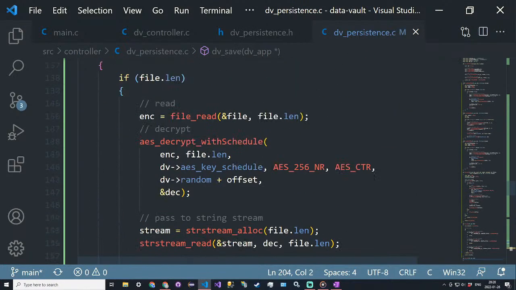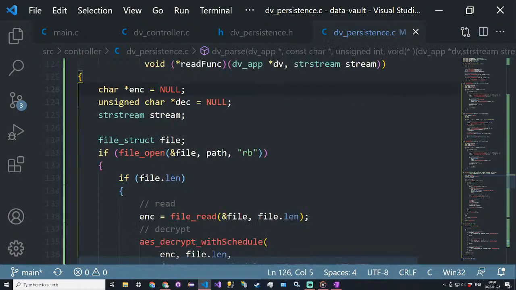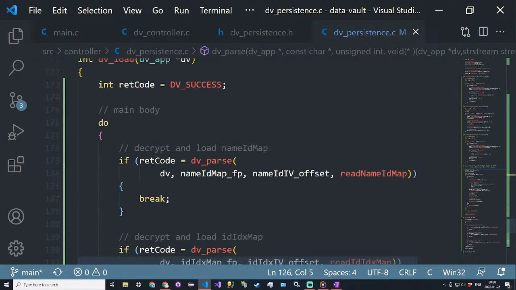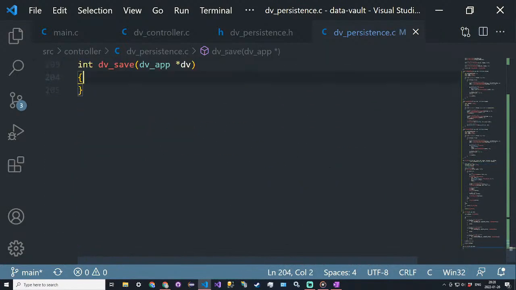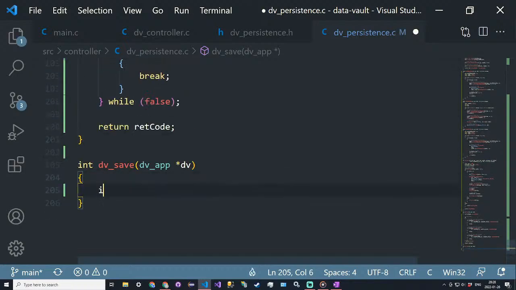We're not going to need any variables except our return code. But we actually don't even need a return code. Well, do we? Yes, we do. So we need a return code and a do while false. And then at the end, we return code. So int ret code is equal to dv success